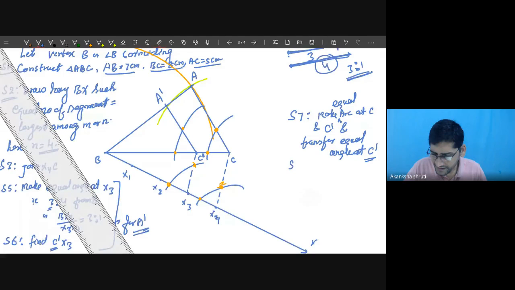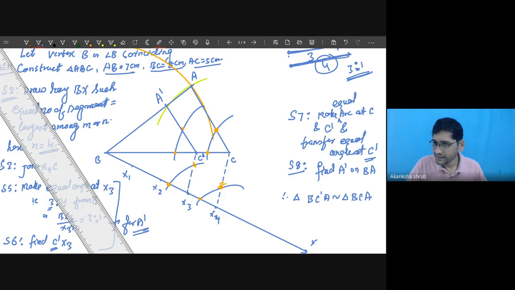So step number 8, find your A dash on BA. That's all. This way the triangle BC dash A is similar to the triangle BCA. And what is the factor? Here we are getting BC dash